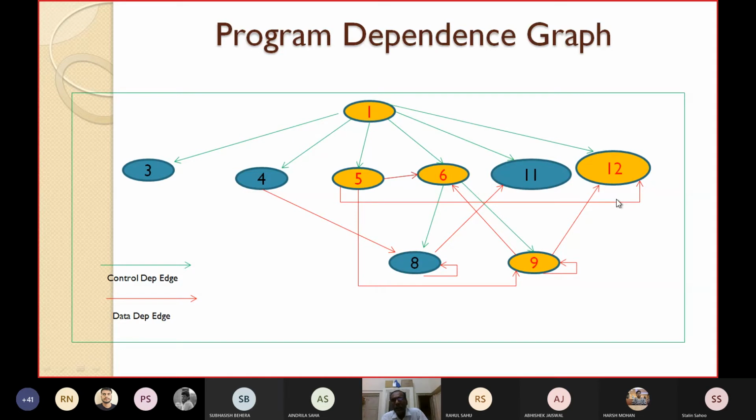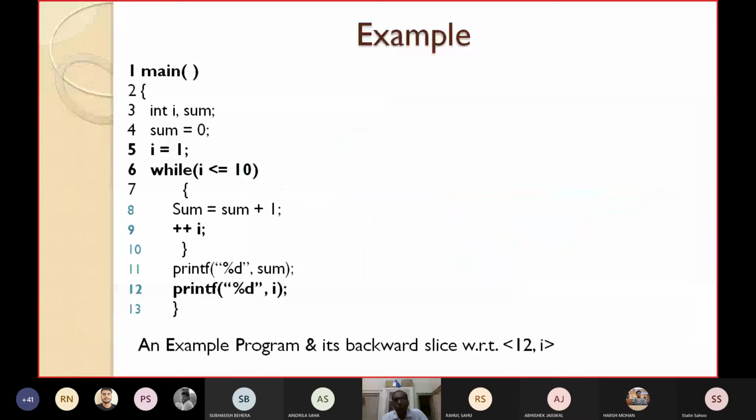Where can I reach? Line number 9. Mark it. Another edge I can get: line number 5. Mark it. Then from where you have reached, again traverse backward. From 9, I can reach 6 and 5. Mark both these nodes, 5 and 6.